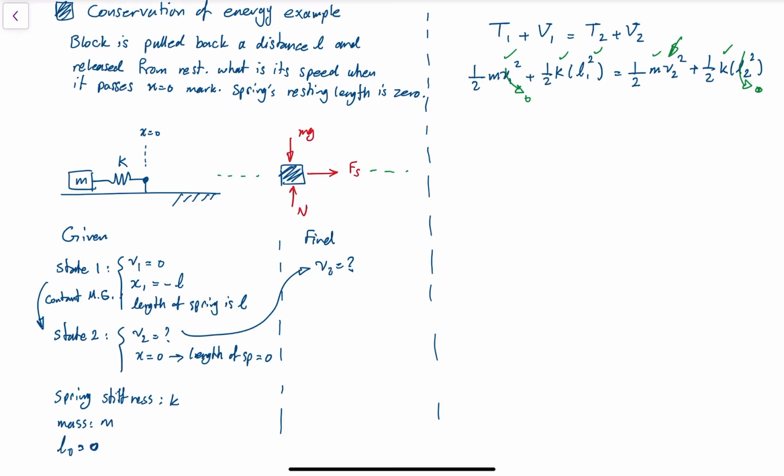So just put the numbers, all the halves cancel out. In this case, good. So that is 0. I have k L squared on this side equals m v2 squared on the other side. So my v2 becomes